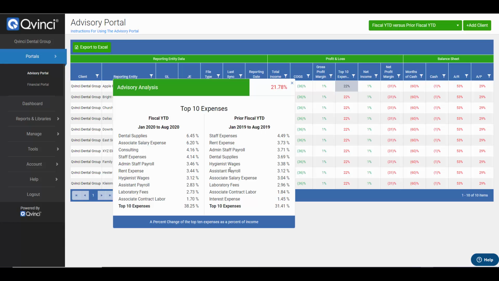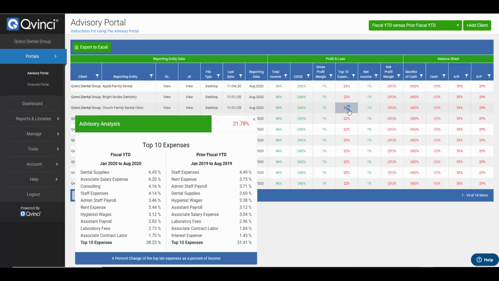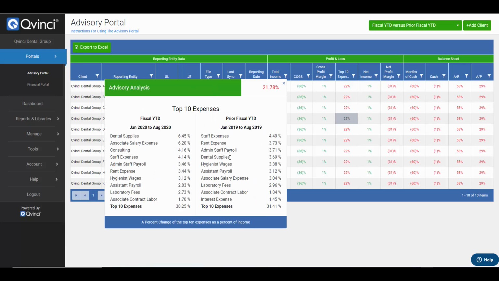And you'll notice that they are in different orders because this is the top 10 for Apple Family Dental. While dental supplies are on this list, this year they're 6.45, last year they were 3.69. And year over year, the total is unfavorable by 21%. This is 21% more than this. And this happens for every file. You simply click through the client, and here's the top 10 expenses for this client, as an example, or this